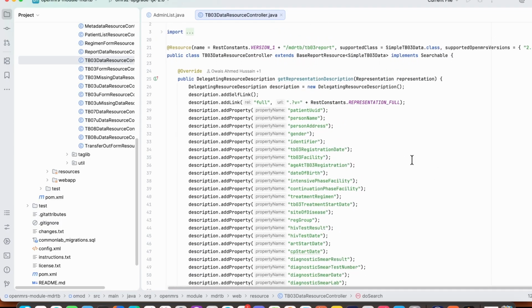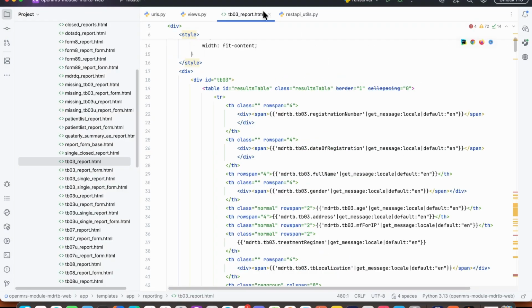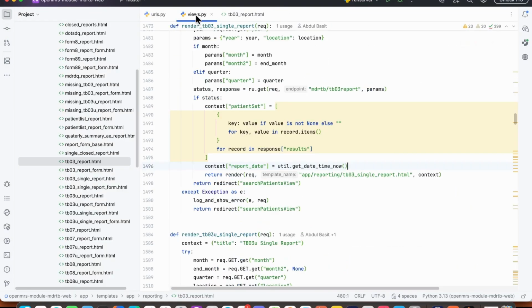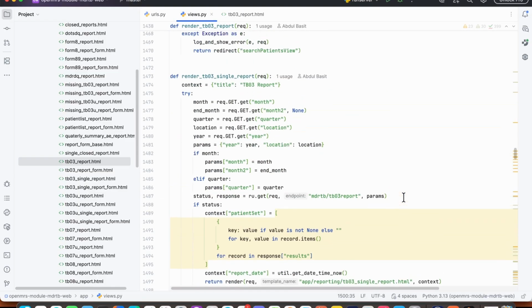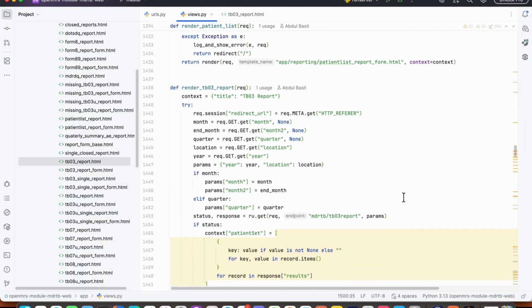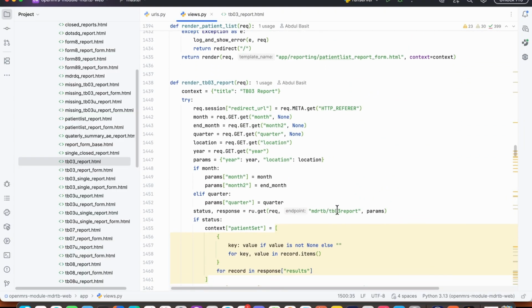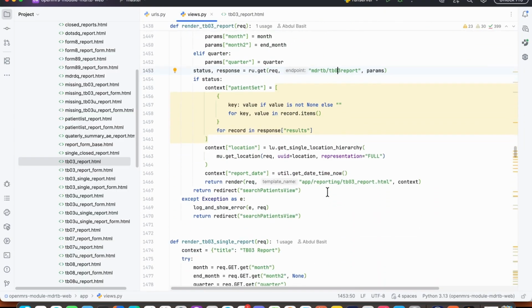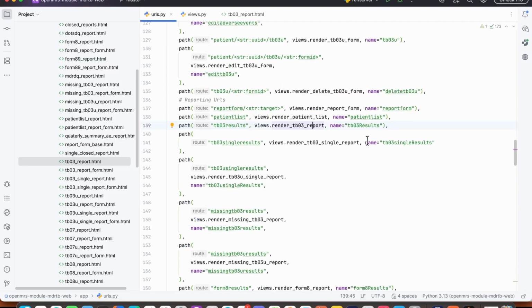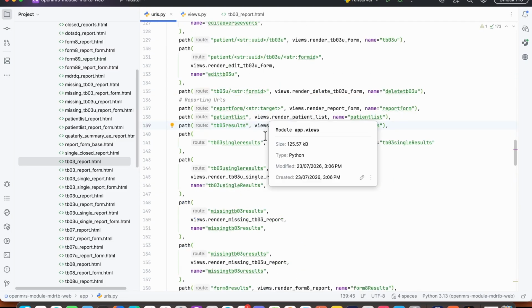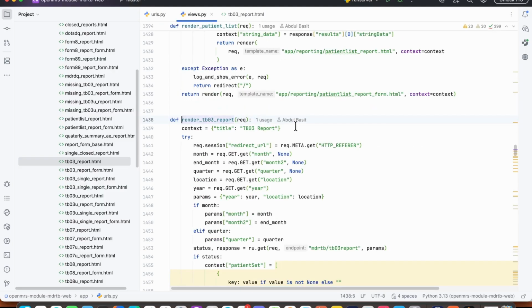Okay, so let's just say we have a request to add one of the variables in the tb03 report. So when this is called, we land here, tb03 report.html, and this is render tb03 report